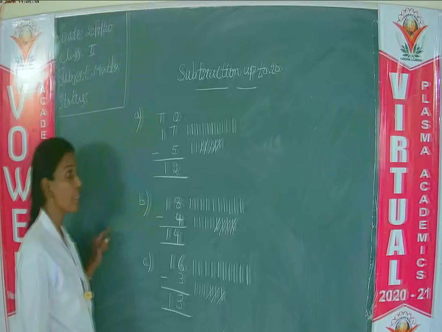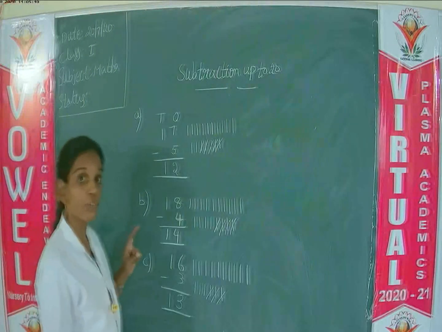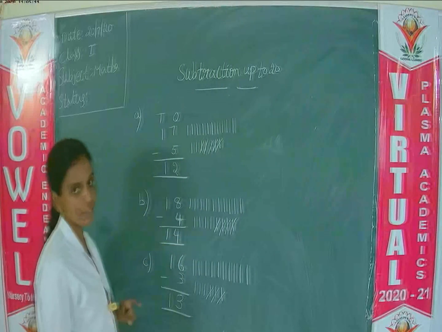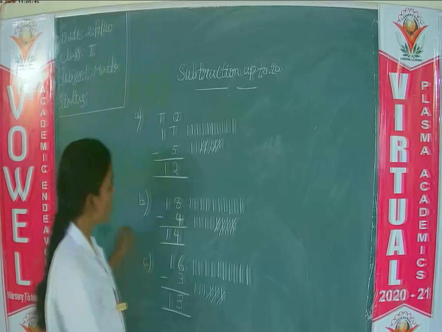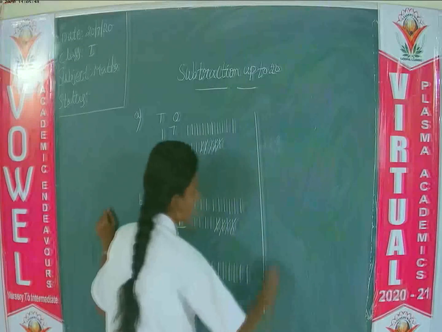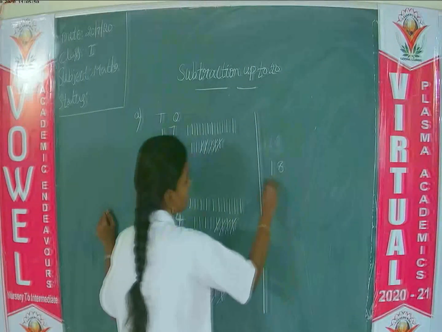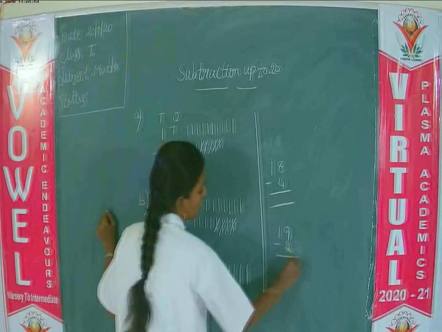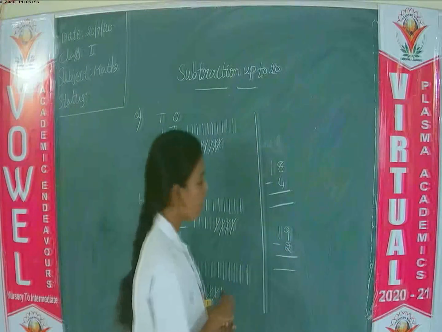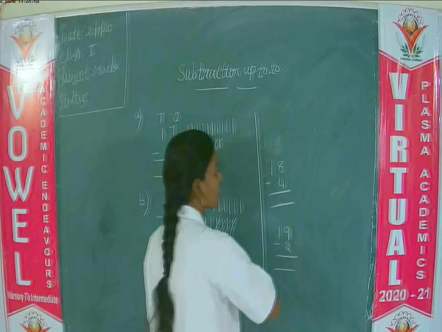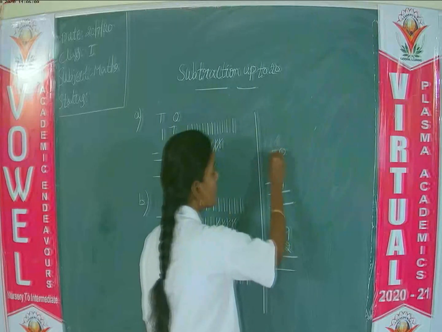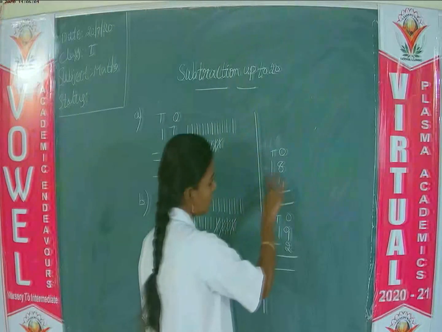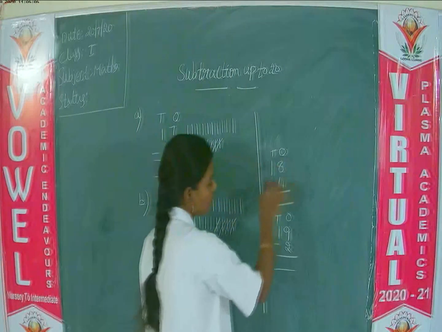So this is the method of cross out the lines to find the difference. Like this you can do, and one more like this also. Already we did. Without taking the lines also, first you have to subtract ones place digits, then tens place digits. Here in the tens place there is no number. First we should subtract the ones place.